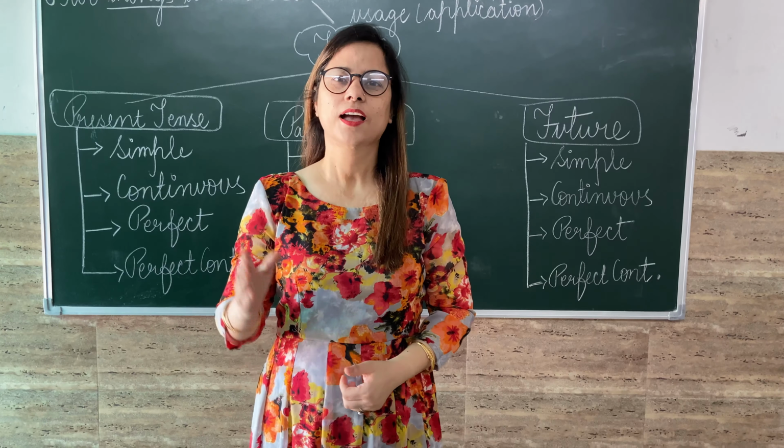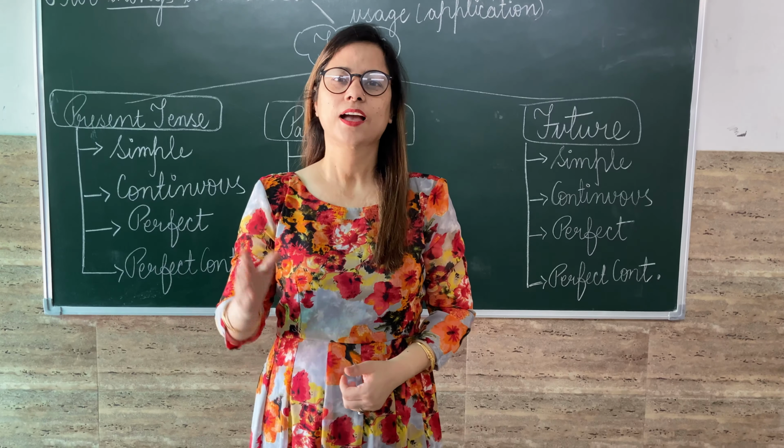Now let's move further. Let's see examples of simple affirmative sentences in present perfect tense. She has just taken tea, means she has taken tea. The work has been finished. I have already watched this movie twice, means again the action has already been finished. So these two sentences are of present perfect tense and are affirmative sentences. Now see its negative. In negative we use not with the helping verb, and the helping verbs are has or have.